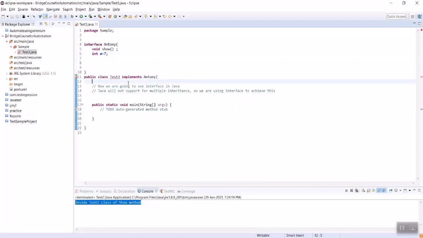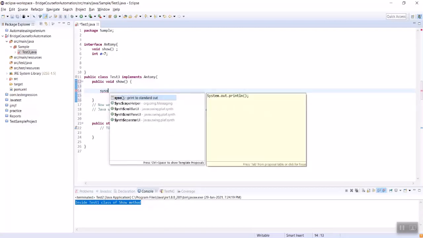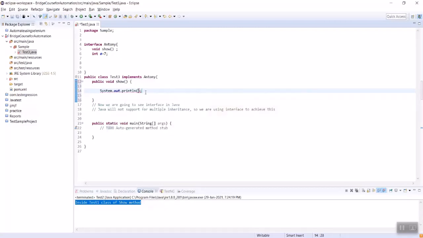Currently we are at line number 11, where we have the method in the following class test3, public void show. The method which we declared at line number 5, the same method we are using at line number 12.